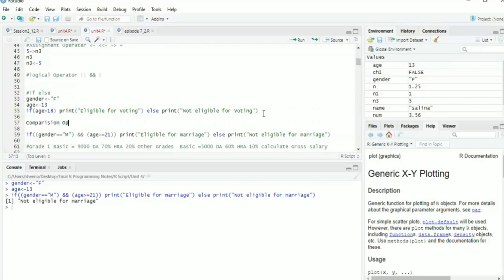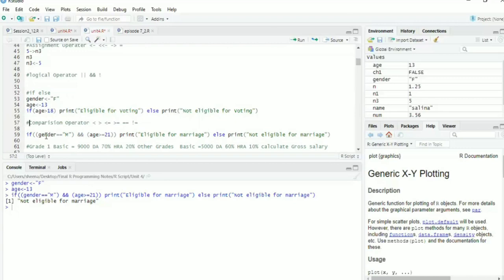Comparison operators: less than sign, greater than sign, less than equals to, greater than equals to, then equals to sign. If you want to check whether both are equal or not, you will use double equals to, and the other is not equals to. Exclamation and equals to is not equals to. These are the comparison operators.